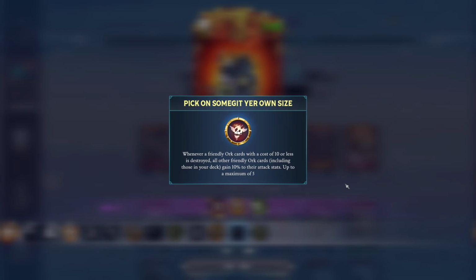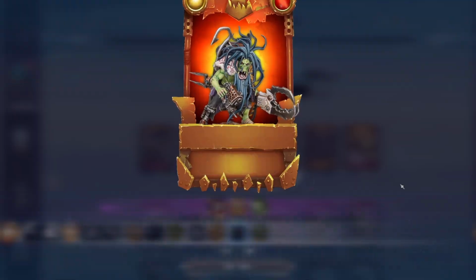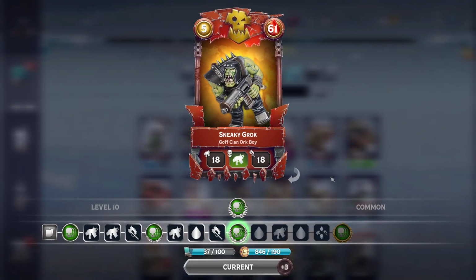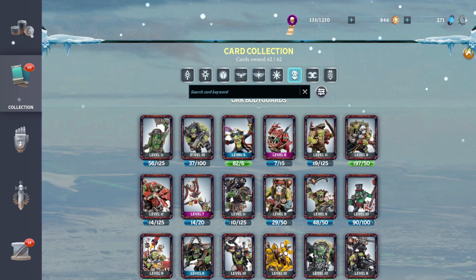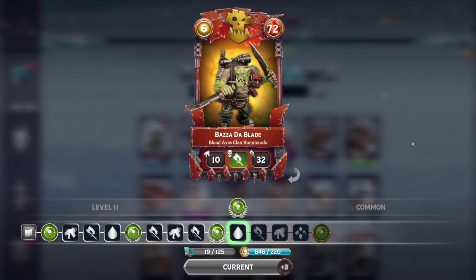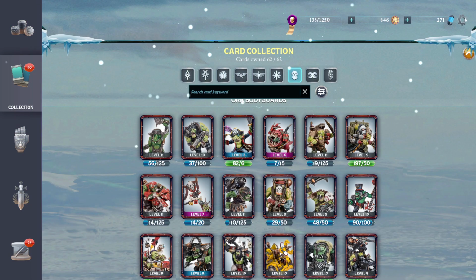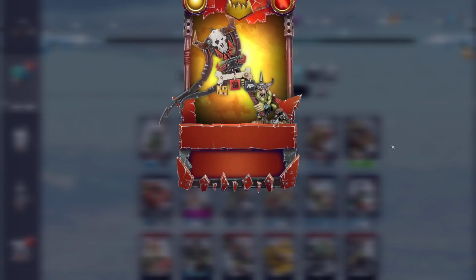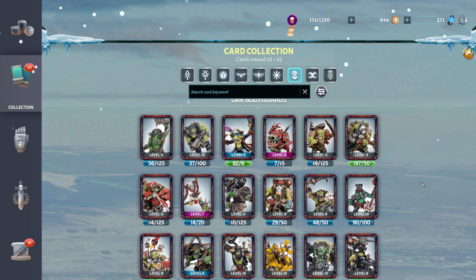Now, personally, I tend to load that up with endless cards. So I take your little Smirkit, and then I think this guy's endless. Okay. So these two right here, that's 4 copies right there. They'll almost trigger it, and then you throw in one other. Pretty typical to see your Baza over here. Or I'm a big fan of Makari. Makari dies a little bit more slowly, so he doesn't give the bonus right away, but he's just the greatest grot. So those are the cards you want to do in there, and then you fill your deck with cards